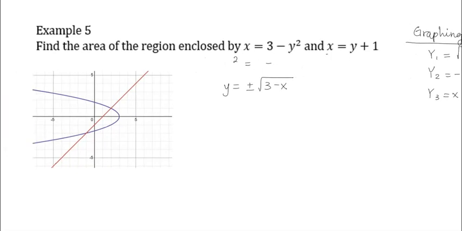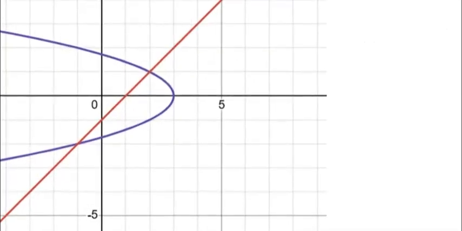But what is important is that once you see this graph, you see, well, I have 2 options here. If I choose to draw my representative rectangles vertically, then I have to split this graph up at what looks like the x value of 2. Because at the x value of 2, the line is no longer on top. So we can see that this region is really broken into 2 pieces. It's broken into a piece to the left of 2, where to the left of 2 the line is on top